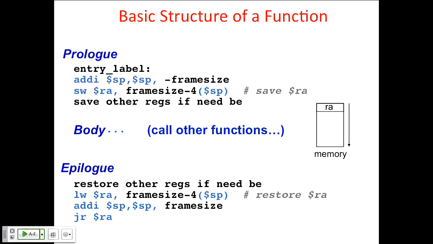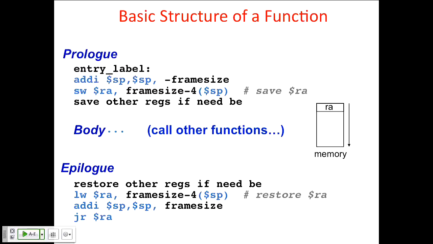Remember, the label here is just an instruction to the assembler, right? It's not actually going to end up in the program per se. It's just an instruction to the assembler to remember this is a name for this point in the code. The add here that decrements the stack pointer, that's a real machine instruction. It's going to be in the program memory and actually do some work when the code executes, right, and decrement